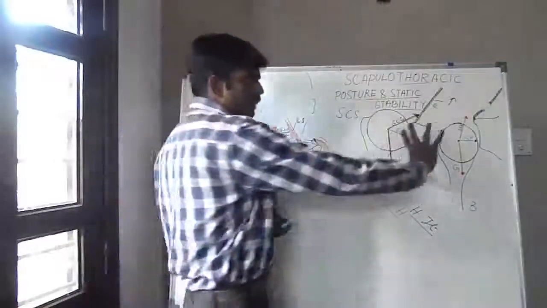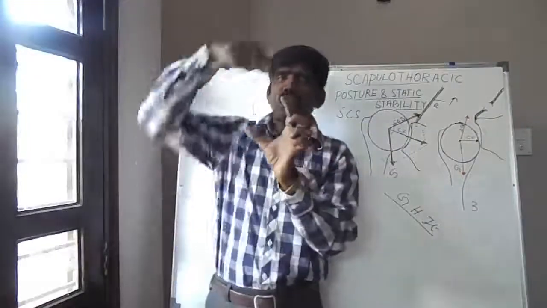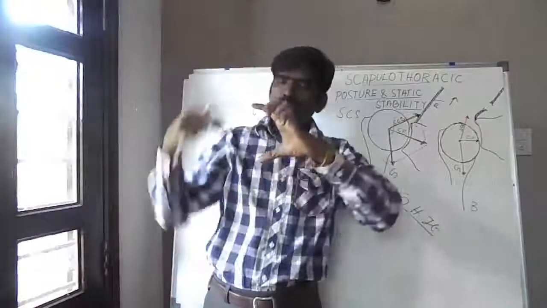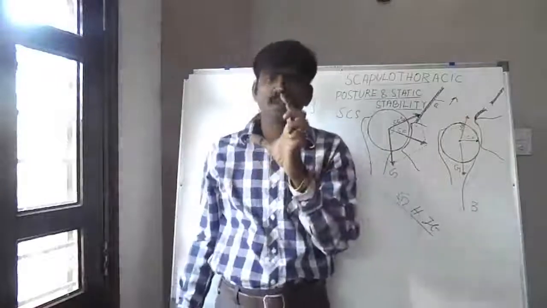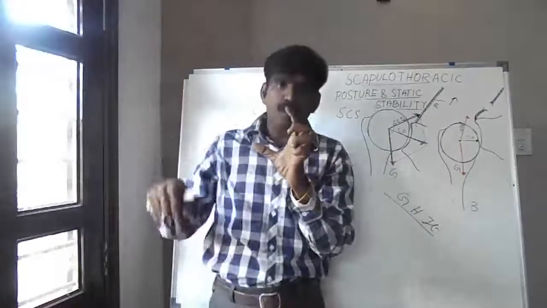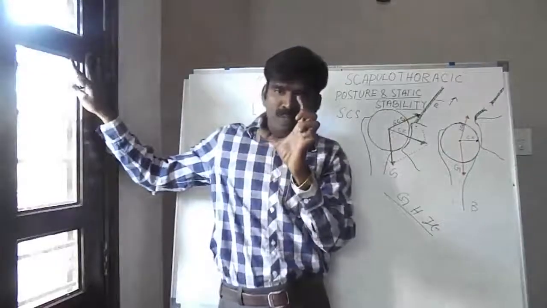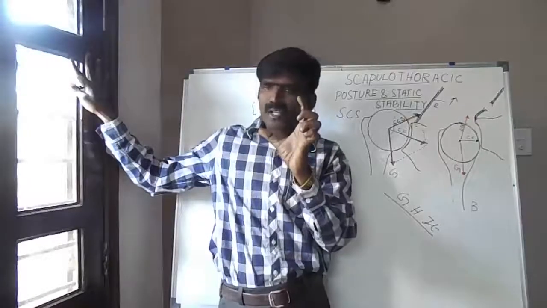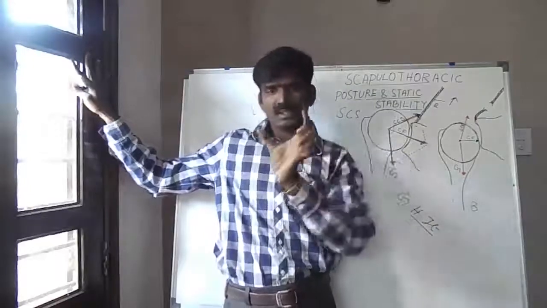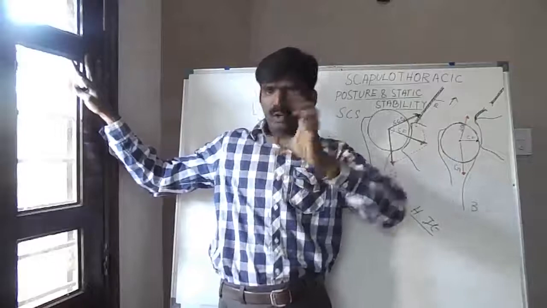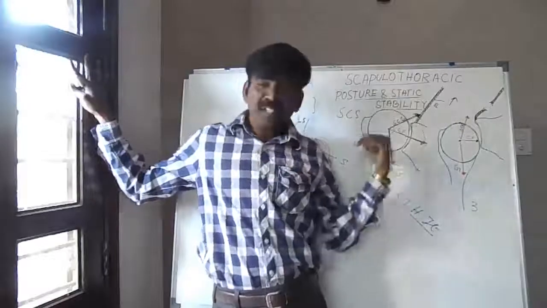Clear? So here, the upward rotation of the scapula: the trapezius and other elevators, levator scapulae and rhomboids, are responsible for maintaining this optimal posture, and now these muscles are paralyzed. If these muscles are paralyzed, then what will happen? The scapula will not be in ideal posture. It will be opposite to ideal, that is, slightly rotated down, inward rotation or downward rotation. Downward rotation of the scapula will result if the elevators are paralyzed.